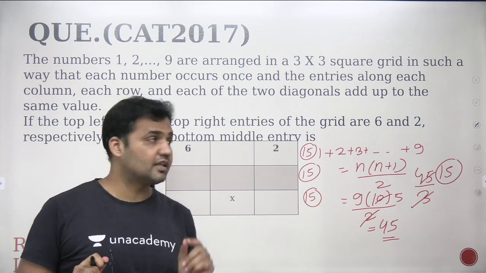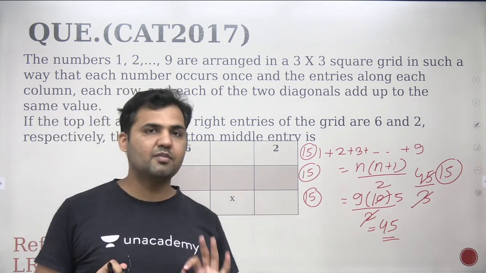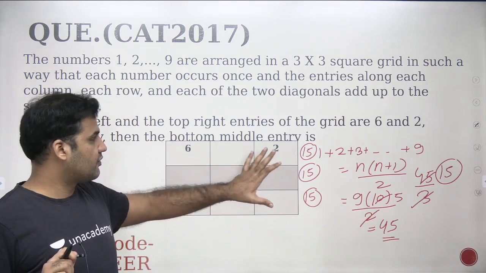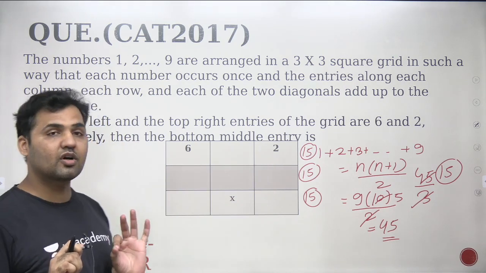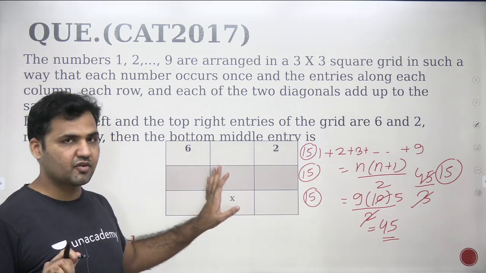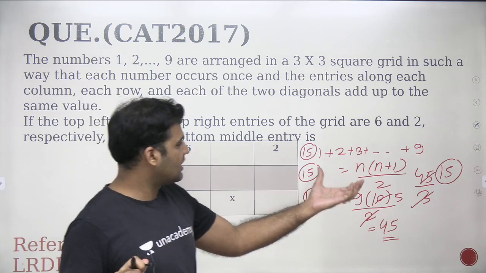Now this is where you should start solving this question from, right? This is the first step that you need to take whenever you are solving a magic square. This question is a very basic question, right? But we'll first try to understand the concept and then I will discuss the advanced level question also. If you talk about the level of difficulty of CAT, this is what they are asking. The level of difficulty is not high. It's a very simple one, right?